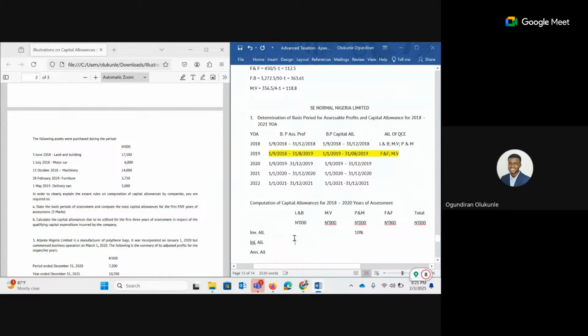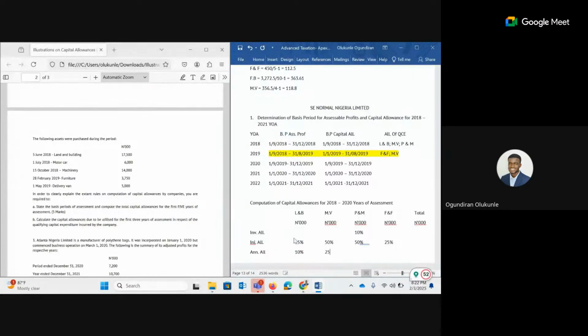So initial allowance. We said initial allowance is an allowance granted to taxpayer in the first year an asset is put to use, right? It is granted at the rate prescribed by the tax authority. So we said for land and building you have 15%, motor vehicle you have 50%, plant and machinery you have 50%, furniture and fitting you have 25%. Annual allowance is an allowance granted to taxpayer over the useful life of the asset, right? It is granted at a rate prescribed by the relevant tax authority. And the rate prescribed is 10%,